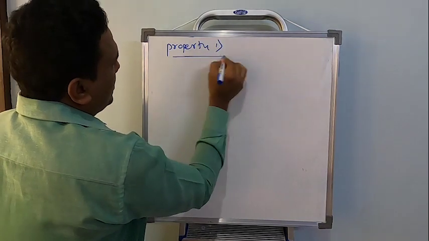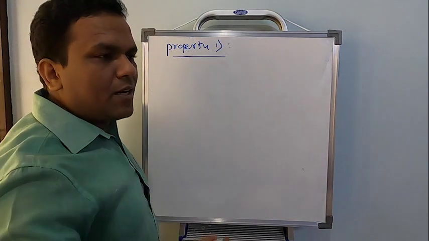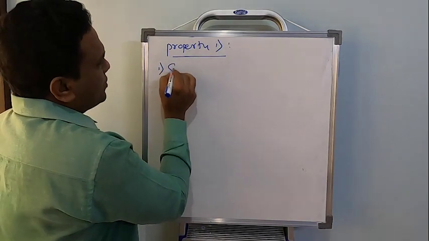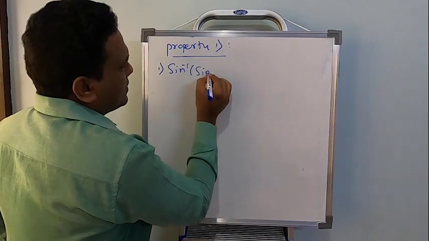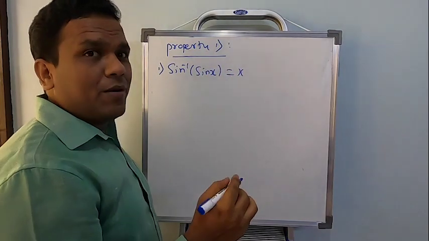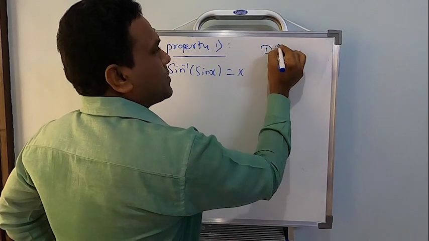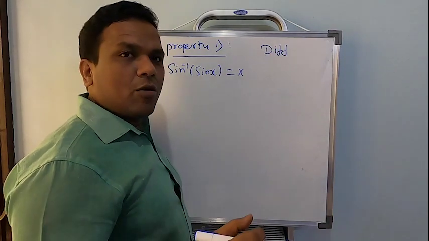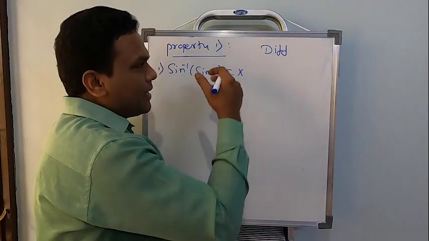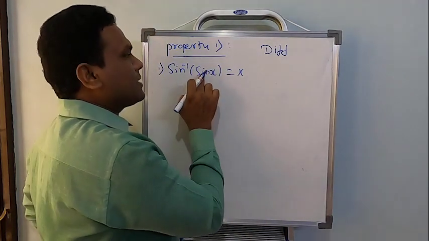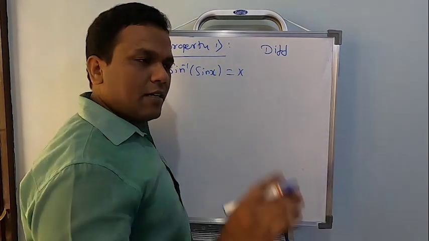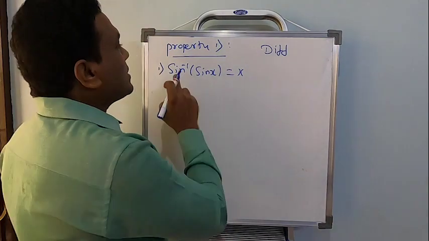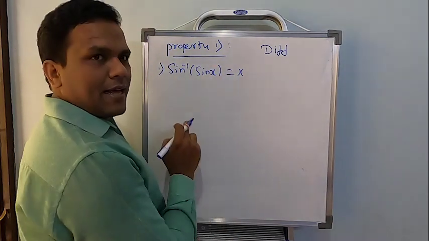So let's go for property number 1, purely based on the domain and the range. Under that, the first one: sine inverse of sine x equals x. If you remember, I explained a similar concept while doing differentiation. There I said I will explain exactly why sine inverse sine will be eliminated and why it will be written as x. Now, let us see how it works. Sine inverse of sine x can be cancelled and written as x.